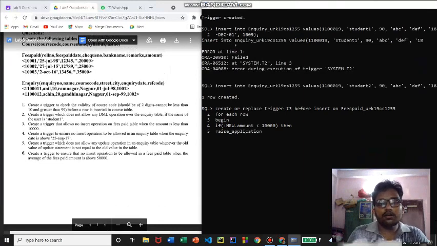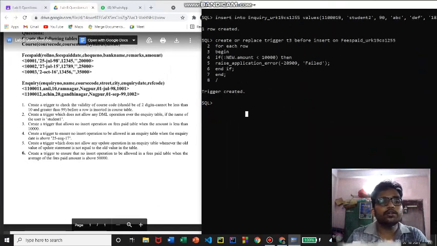Raise application error that says some error code 2910909 something like this, and failed. And forward slash, that's it, the trigger has been created.